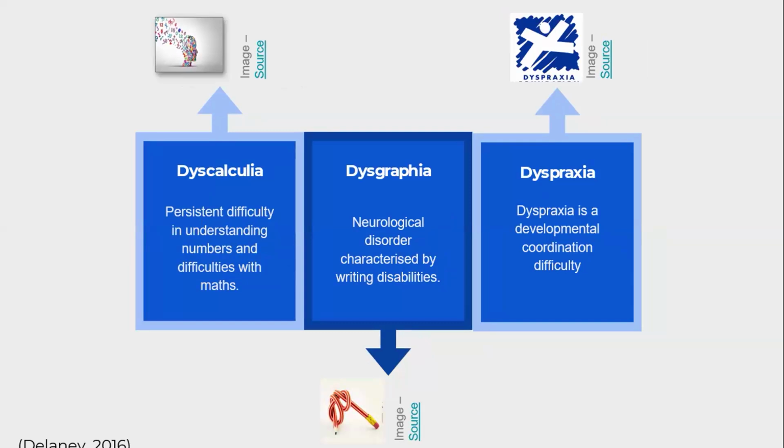So we might have students who have dyscalculia, which is a persistent difficulty in understanding numbers and math. And here you might say, wow, good, one less to think of, because I'm a teacher of English. Well, that is where I got it wrong at the very beginning, because students with dyscalculia also have difficulties processing language, because they cannot understand or follow sequences. They have difficulties remembering sequences.